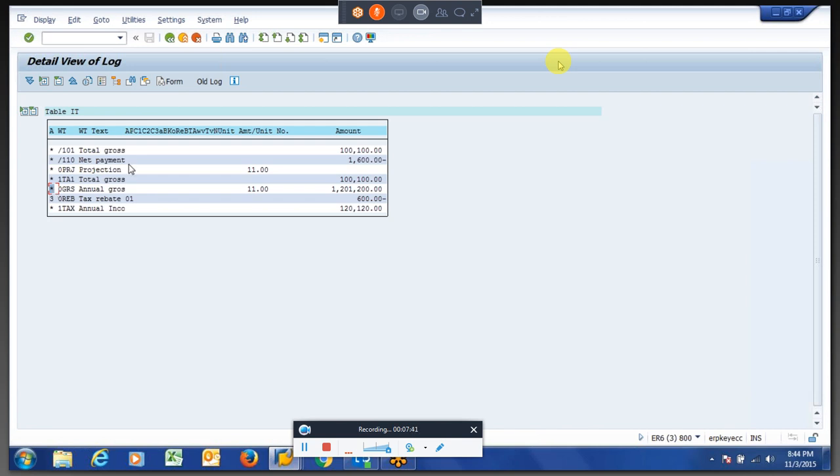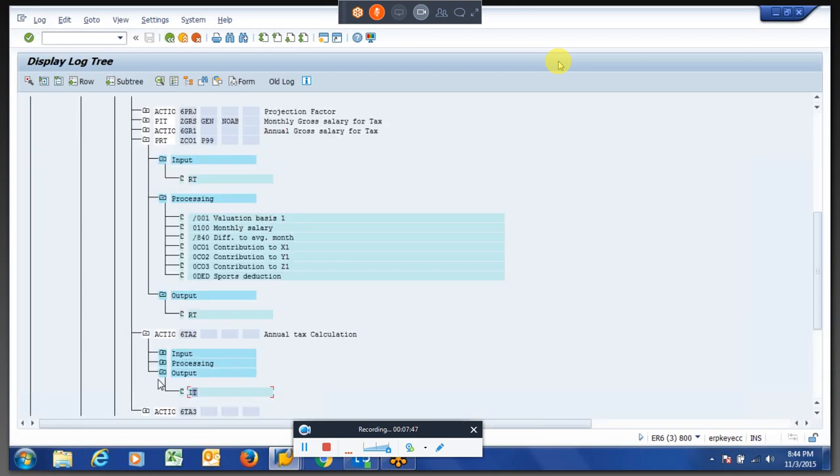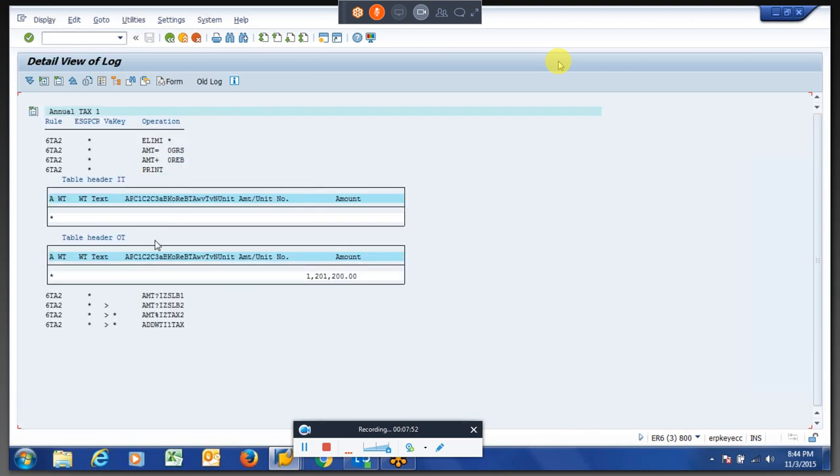Got it? So whenever you do the calculations, you have to see if the rule, whatever we have written here, is calculating everything correctly. This consists of the star grouping.